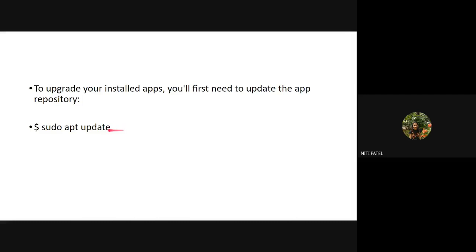But if you do not mention the application name, it will by default update all the applications. If you give the application name, for example, sudo apt update google-chrome, it will only update Google Chrome. But if you do not give the application name, by default it is going to update all the applications inside the system. Okay.